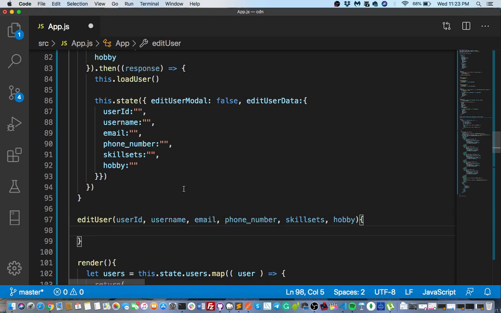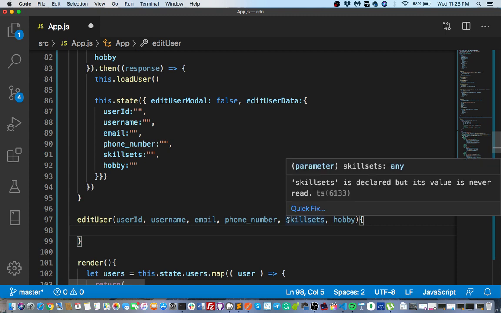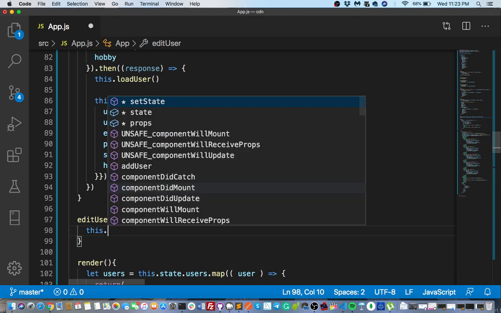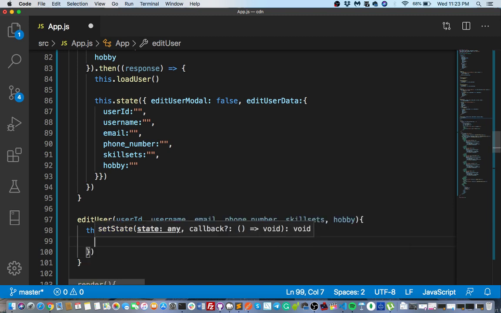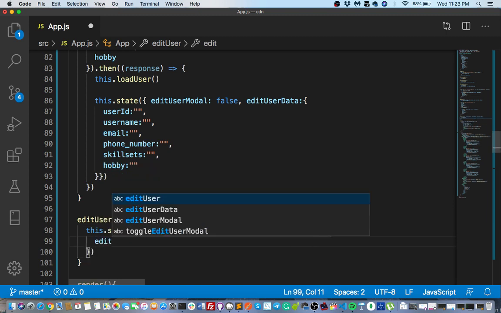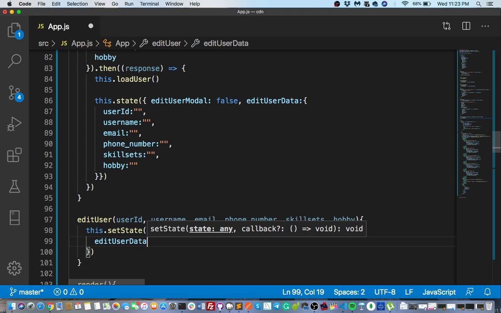Okay, so you have 6 parameters. So this dot set state, edit user data, okay,